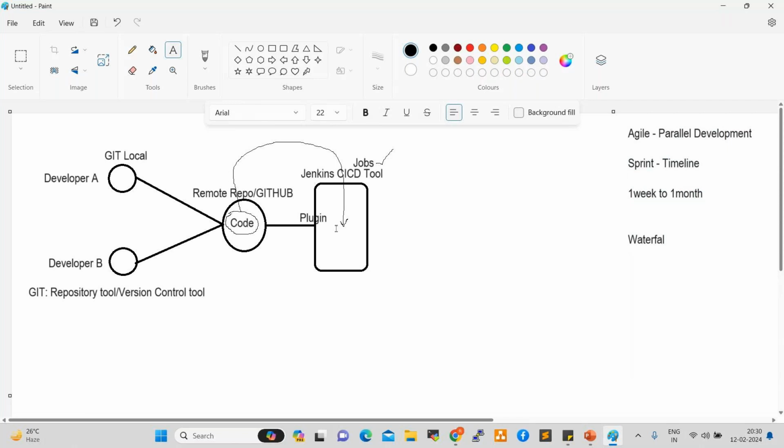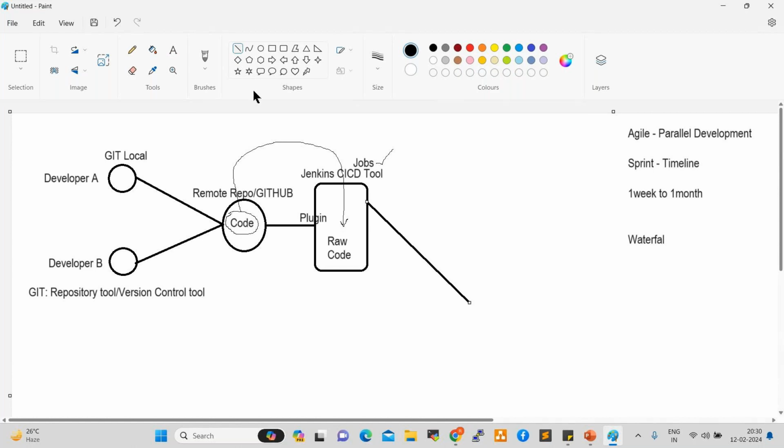Next one here. The code is pulled from GitHub to Jenkins once we trigger the job, right? So why do we require Jenkins? Why do we need to pull the code? Because in Agile methodology, parallelly the code will be deployed onto the respective target servers. Parallel deployments will happen. Now, whatever code we received from GitHub to Jenkins is a raw code. What is raw code, anyone? Raw code is unstructured code, unformatted code. So this raw code we cannot directly deploy onto application servers.